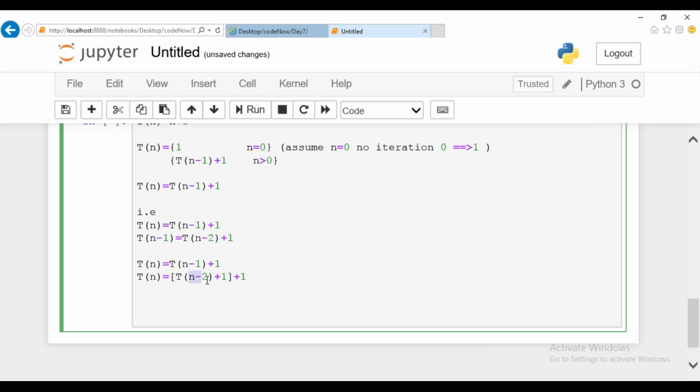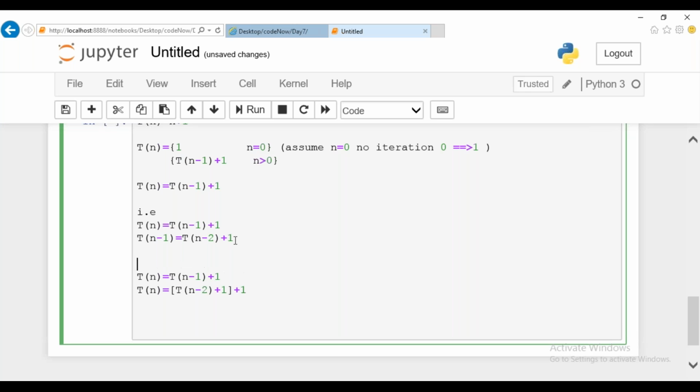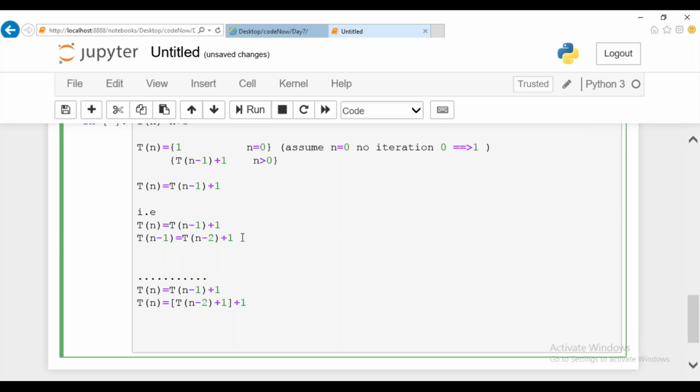So now I should find T of n minus 2. Again, I can derive this equation where I add minus 1 again to the existing equation T of n minus 2. If you are adding minus 1 again, it becomes T of n minus 3 plus 1. Again you are supposed to substitute the value at this point, isn't it?